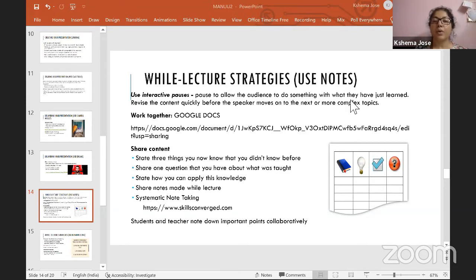Something that we can all do in a classroom is creating collaborative notes. If you take a look at the link I just shared with you, it's a Google document. Anybody who has a Google account can create Google Documents. Google Documents are wonderful for collaboration. So when you create bullet points out of your lesson, what you can